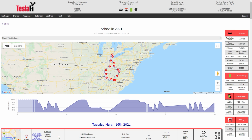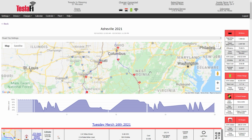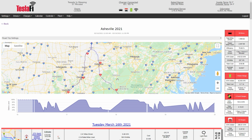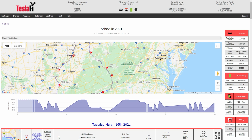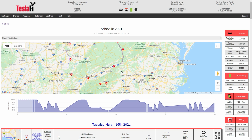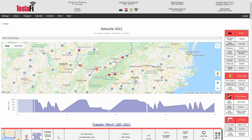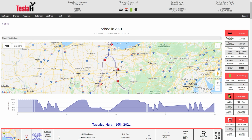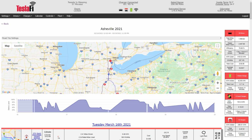So first of all, where did we go? Well, heading out from our home here in Ypsilanti, Michigan, kind of near Detroit, we headed down, and actually zoom right into this, sort of nifty, down, charged in Toledo, and went through the mountains, through Ohio, down through the mountains into West Virginia, and made our way down eventually to Asheville. The goal was to go down to the Biltmore Estate. See that? We did. It was a wonderful trip. Went through, did some beautiful driving in the Smoky Mountains, came back up, stayed at a friend's place in Kentucky, and then continued on our way back home into Michigan. Overall, the trip was just about 1,600 miles, technically